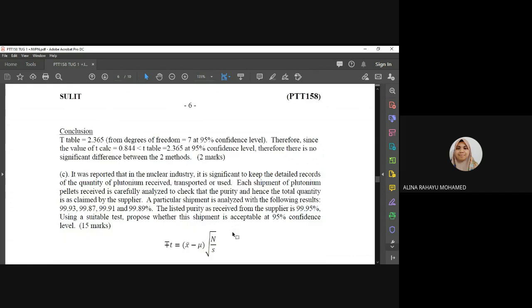Let's look at this question. It was reported that in the nuclear industry, it is significant to keep detailed records of the quantity of plutonium received, transported, or used. Each shipment of plutonium pellet received is carefully checked